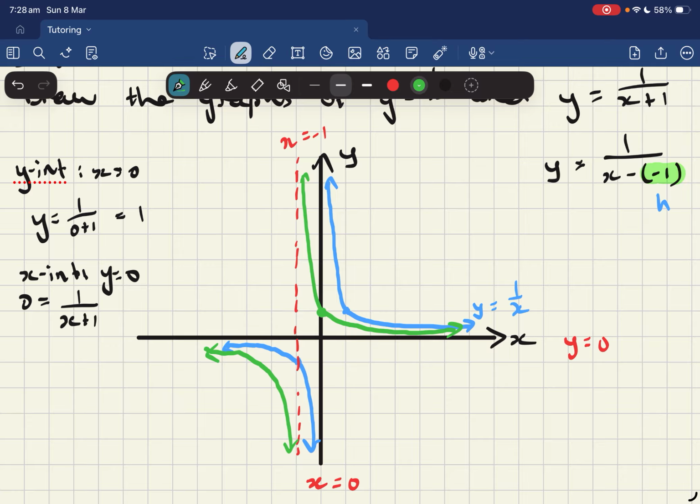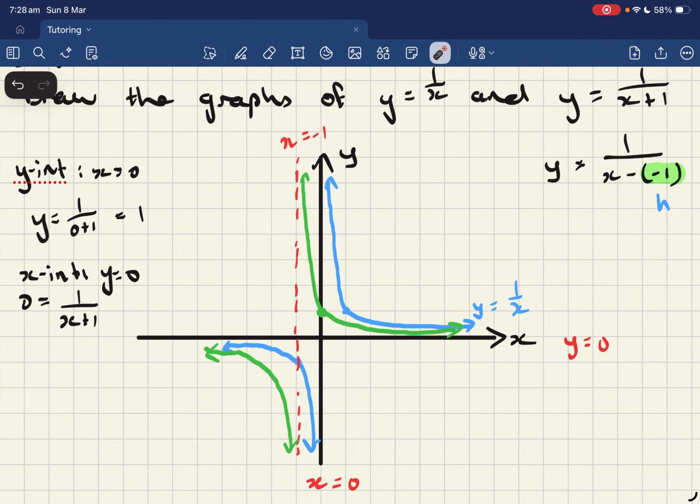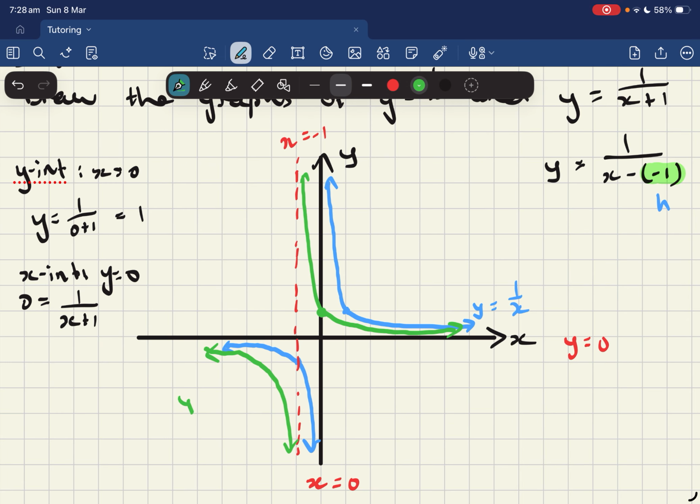So you notice that because of this asymptote, I'll never hit the x-axis, and that's why we get a result that's basically undefined over here. So I have my transformed graph. It's been translated 1 unit to the left. So this graph is y equals 1 over x plus